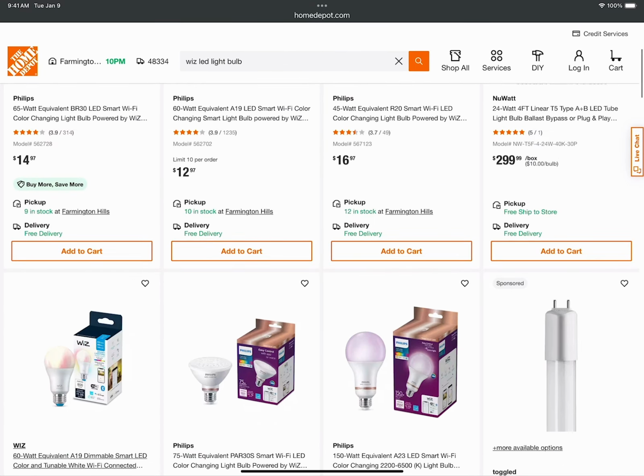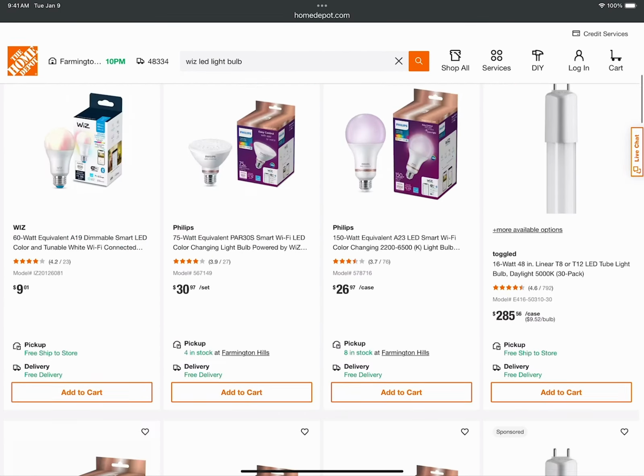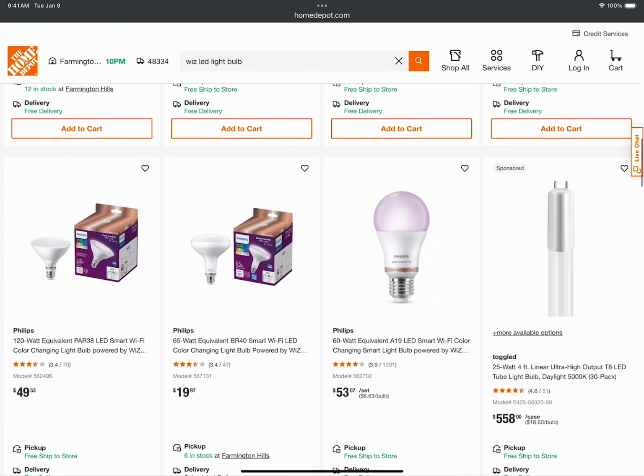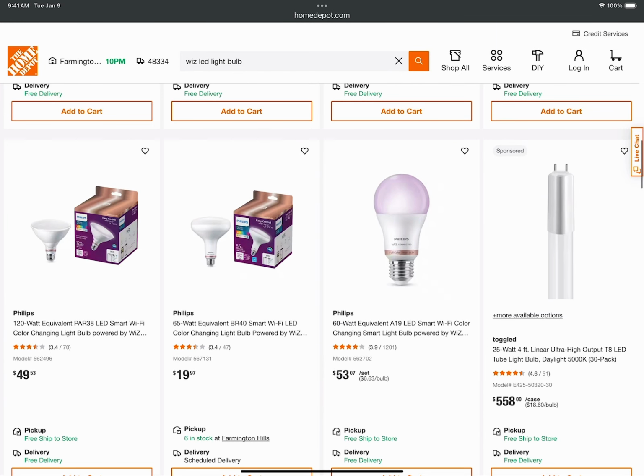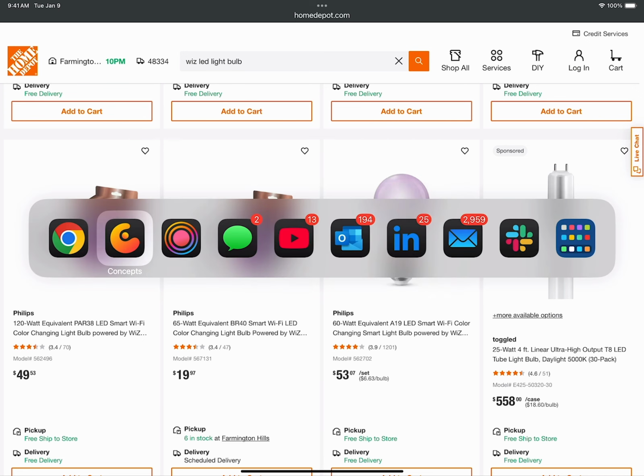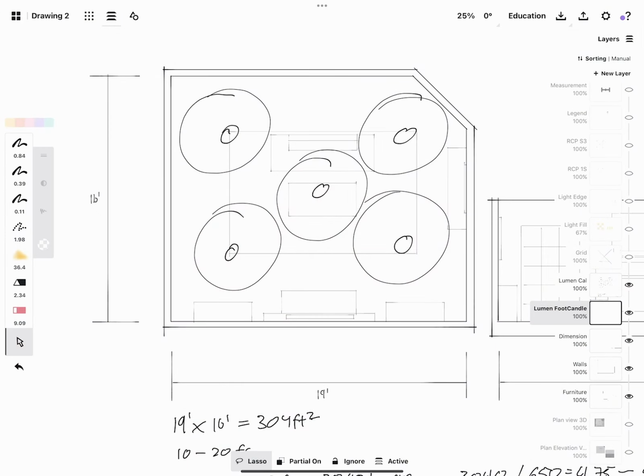Also do a product search. We can then compare all the different light bulbs they have and actually select the correct one based on the need. And then we will go back into the Concepts app,